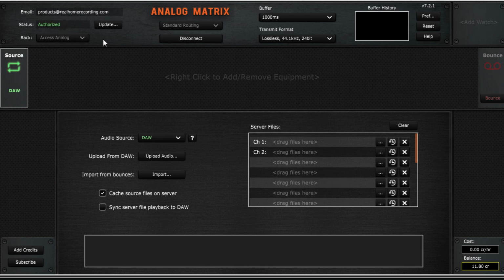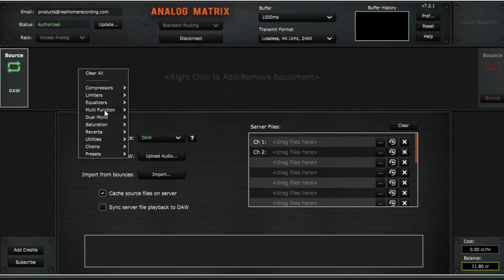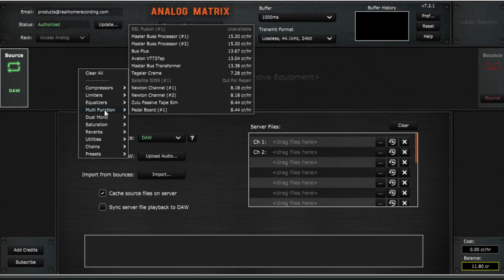Access Analog, just like I said, is an amazing service. I still like to use Mix Analog. They are the OGs, the original gangsters. But why is this not working? Hold on. It's not letting me go. I guess if I do this, it'll go back to it. Anyway,